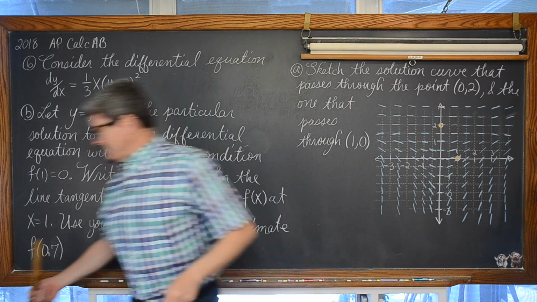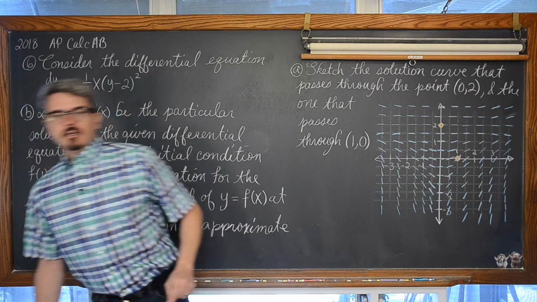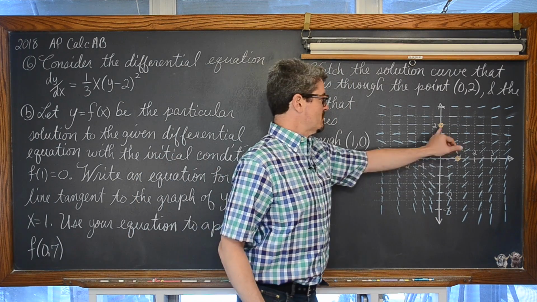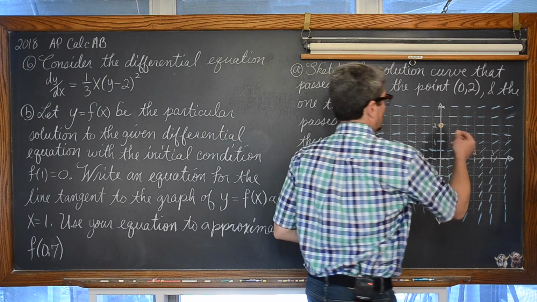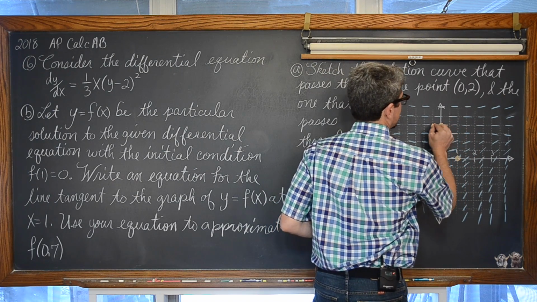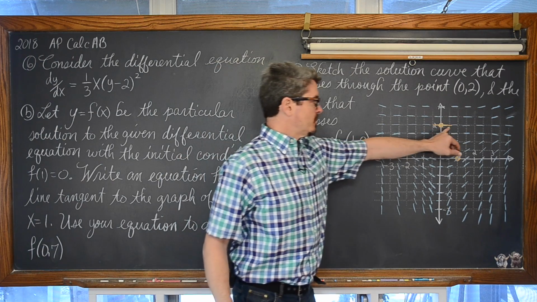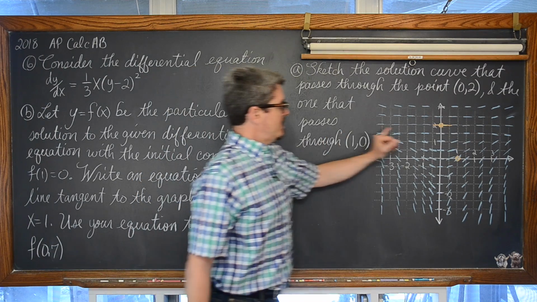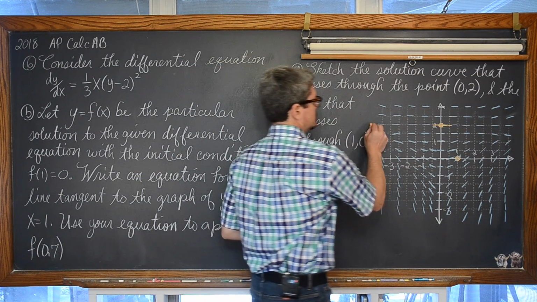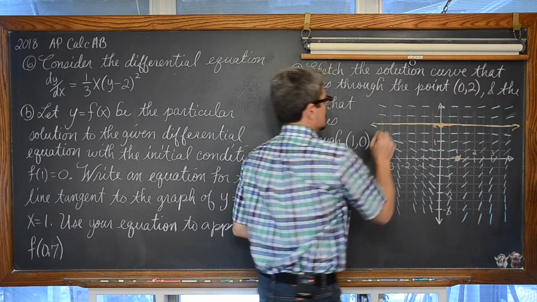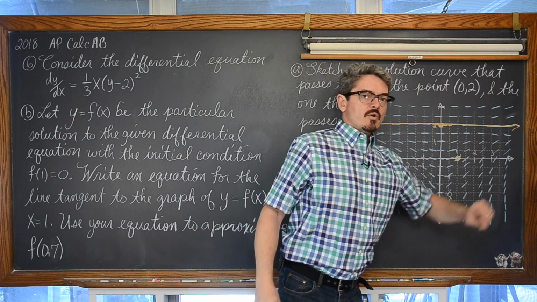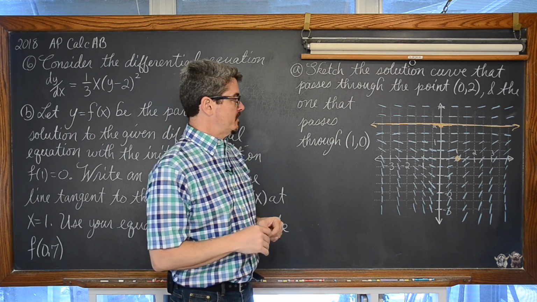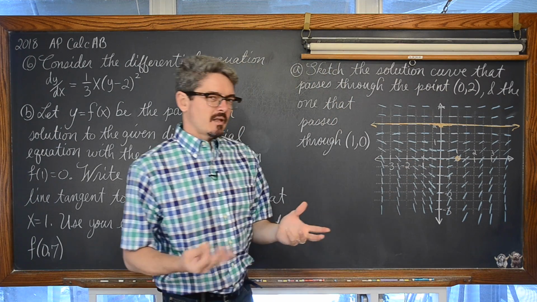You want to, to the best of your ability, just go with the flow of that slope field. Like here at (0, 2), through this point, that slope is horizontal. And as I extend horizontally, I end up hitting more little blue marks, which represent the slope of the solution curve at that particular point. And we just keep hitting slopes that appear to stay horizontal. So you can put arrows on this, which is never a bad idea, or just let that curve run right off the edge of the slope field. If you stop this short and make it look like a line segment, you will lose that point.